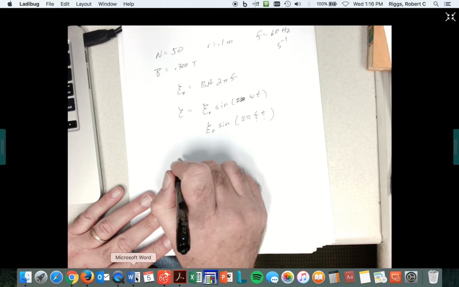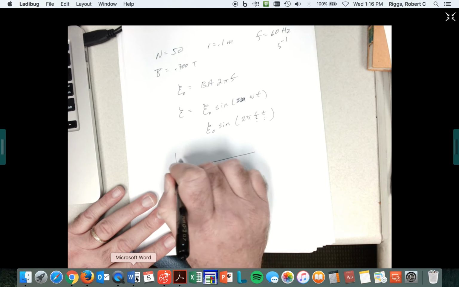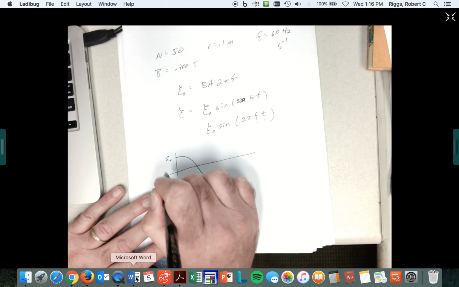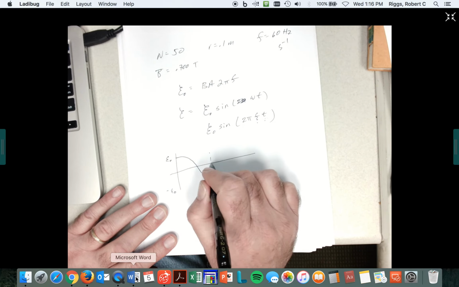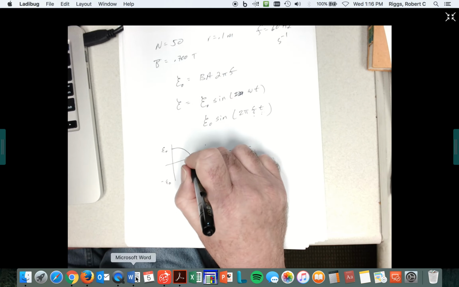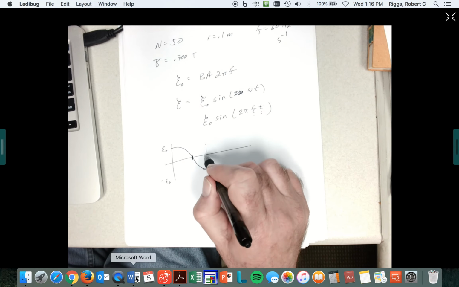Since it's a sine curve, we're going to assume if it says it starts at a maximum, then it's going to start up here. This will be E naught, and this will be negative E naught down here. Now, when does it hit negative E naught? First of all, when does it hit 0? What is the angle when it hits 0? If this is at 0 and this is 180, well, this is pi,